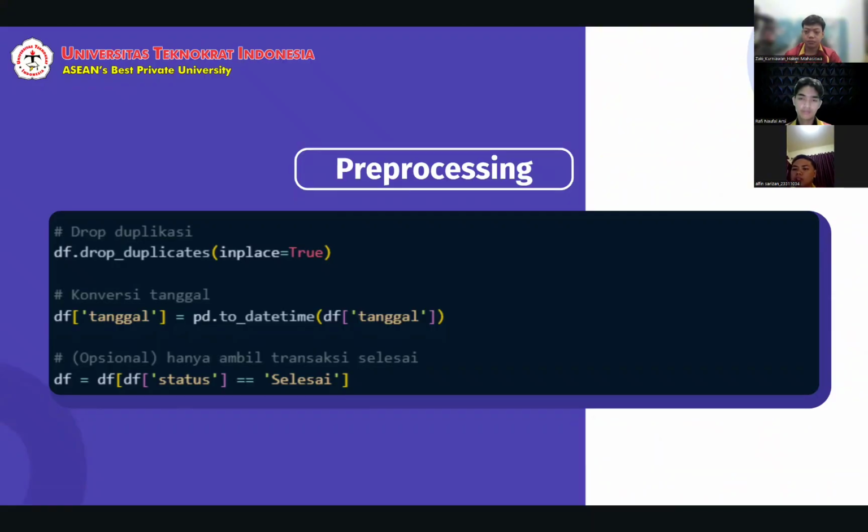This process is important because K-means is very sensitive to noise and data scale. If the data is dirty or uncertain, the clustering result can be misleading.